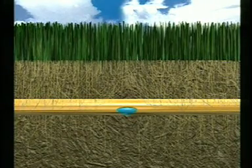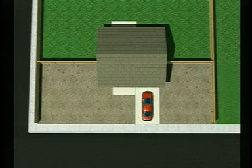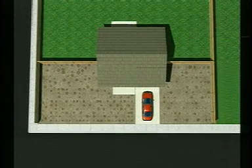As demonstrated here, the slow, measured application of water from a TechLine dripper creates a wetting pattern that expands upward and outward, with the water being drawn, like a sponge, through even the most compact of soils. This water movement between soil particles is called capillary action, and results in a wetting pattern throughout the network that overlaps as many as 3 or 4 drippers to fully cover the plant's root zone. So you see, what appears on top of the ground does not at all represent what's happening under the surface,